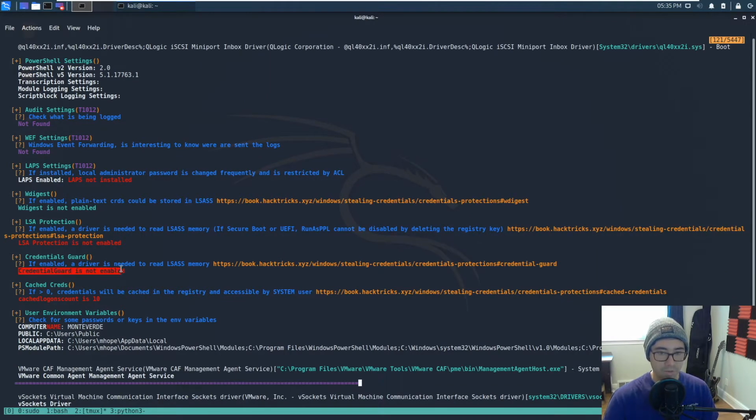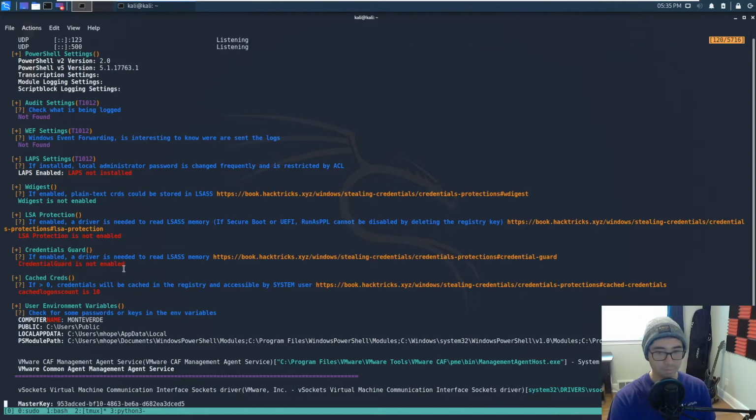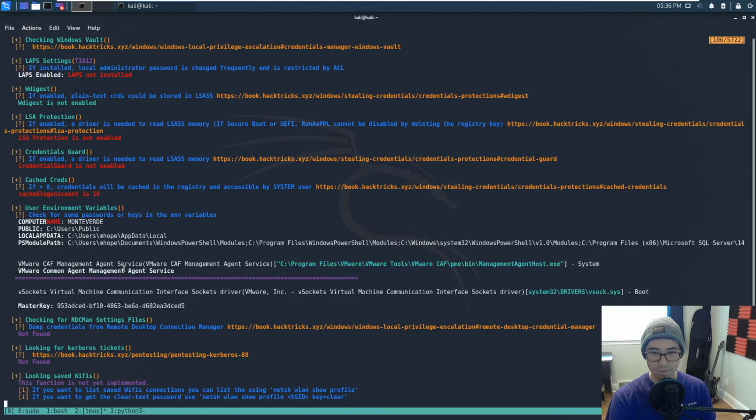Credential Guard is not enabled. So if you got access to the admin, or well, if you became admin, then you could run a tool like Mimikatz and dump all credentials from memory. Anyhow, moving forward,